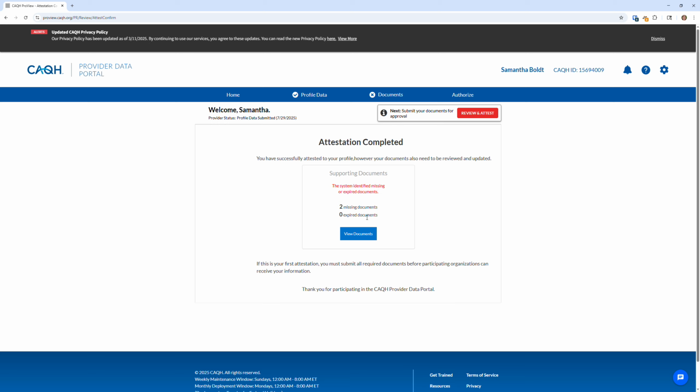Oh, and then now you're going to get your documents. I can't quite remember when this came in for me, but at some point in time in this end phase, you're going to see documents missing, which you're going to get uploaded. And you're also going to see something come up to say UMR or Optum. I think it was Optum. Optum wants to see your CAQH documents, and you're going to say yes to that. So that's the piece we think we're missing, is saying yes to that, which you can't do until everything is filled out. But if you go through this and fill that out, that's what's also going to pop up, is Optum saying, hey, we want to see your documents. Yes, they can see my